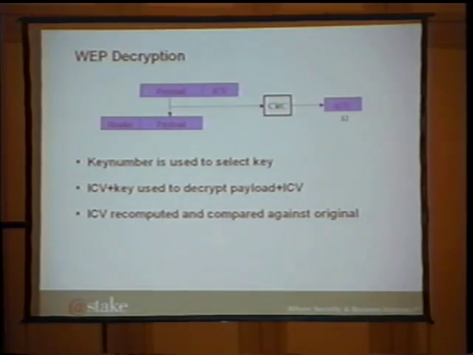In the next step, the checksum is again computed over the payload to get ICV prime there on the side, which is a 32-bit number, and that number is compared against the ICV in the transmitted packet. This is done to verify that the packet was indeed decrypted properly. And at the same time, the actual unencrypted frame is formed by popping a header onto that.